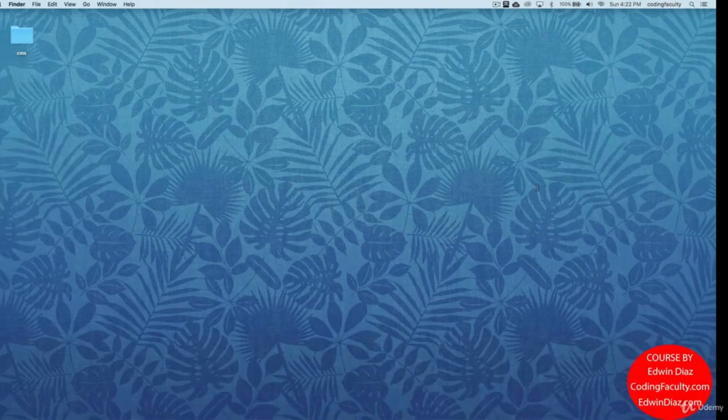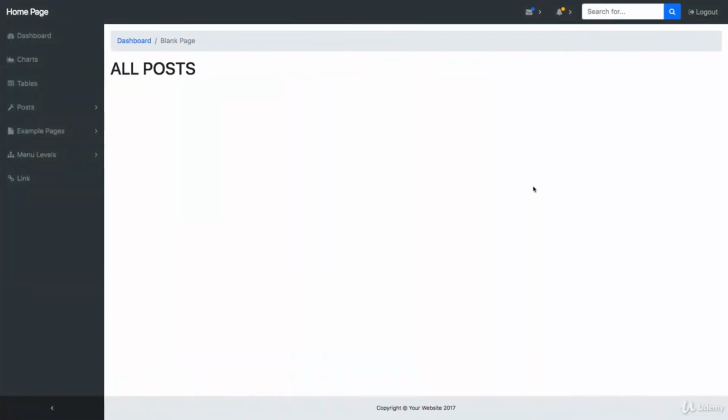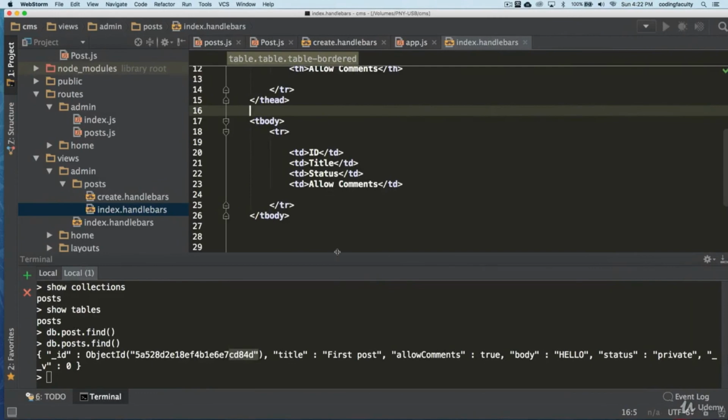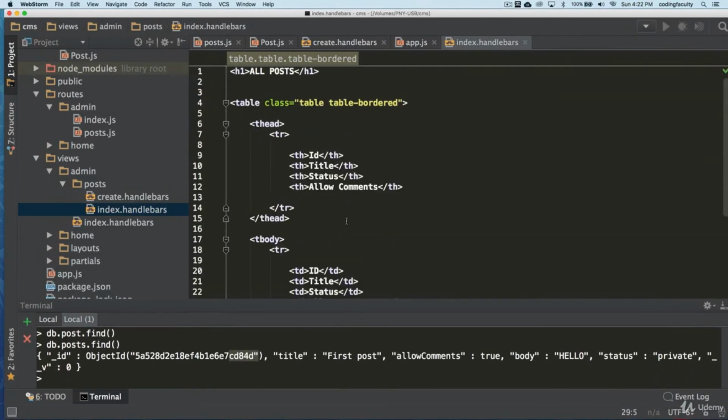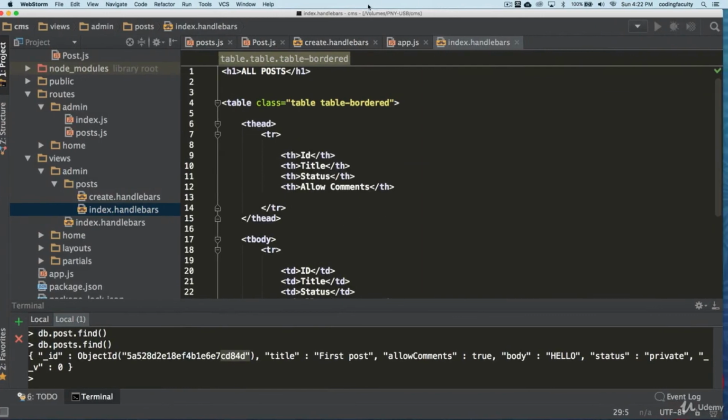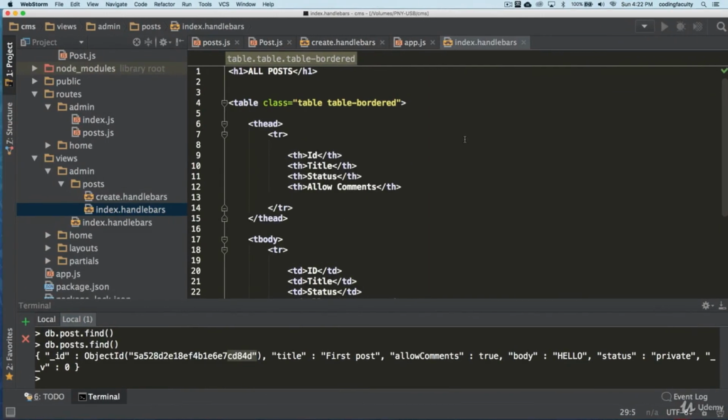Okay, let's just check it out real quick. Refresh, and this is how it's going to look. Okay, so it's looking okay. So how are we going to bring that data? Well, we got the form. It's time for us to jump into the routes and start bringing the data. Okay, and we're going to do that in the next lecture.